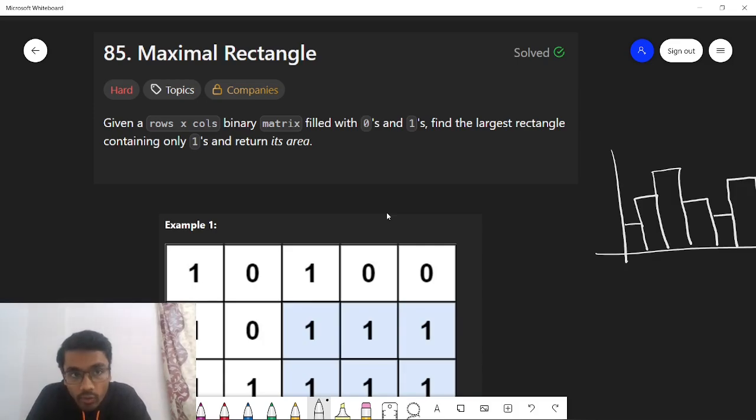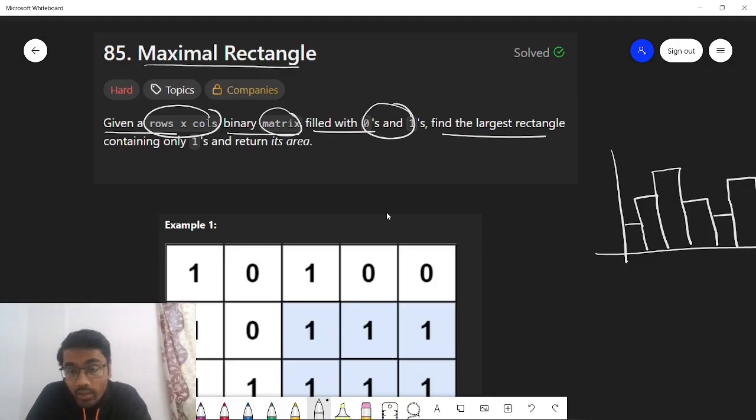So hello everyone, in this video we will be solving another LeetCode problem and the problem name is Maximal Rectangle. So given a rows cross cols binary matrix filled with zeros and ones, find the largest rectangle containing only ones and return its area. So what the question is saying is that you are given a binary matrix, that means all the elements of the matrix are either 0 or 1 and you need to find the largest rectangle which contains